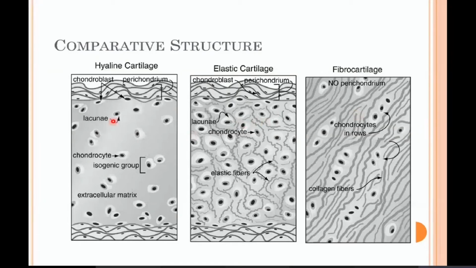The chondrocytes are present within the ground substance, which is distributed randomly, and housed within the lacuna, and can be present as a group of two or three cells as isogenous groups. In elastic cartilage, these cells are mostly present singly, no isogenous groups are present. In fibrocartilage, these chondrocytes are arranged in rows due to the presence of thick collagen fibers and elastin fibers, and there may be isogenous groups present.